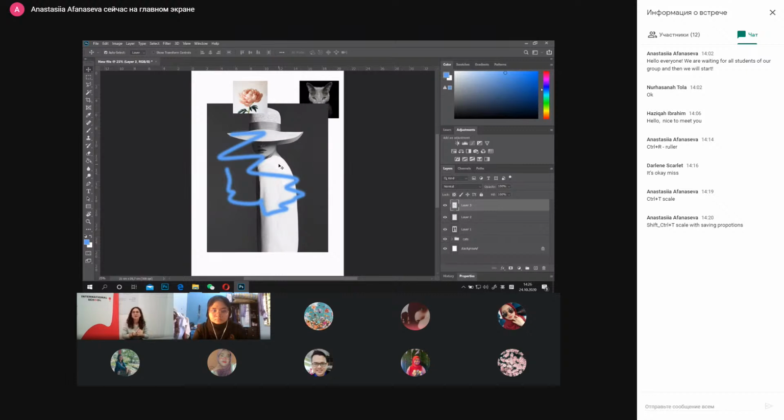So you won't have to go back in different steps or start from the beginning. You just have to delete this layer. By the way,